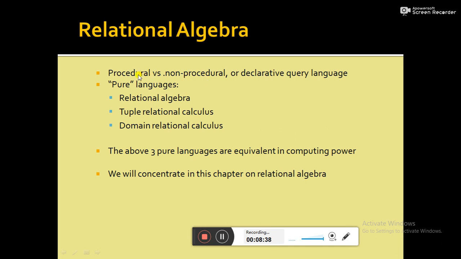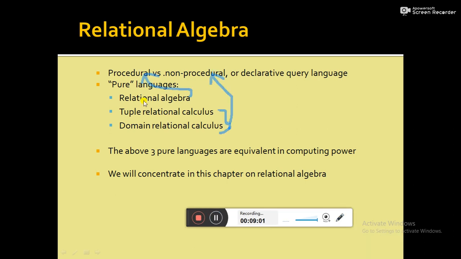Now the example of procedural query language is relational algebra. So relational algebra is a procedural query language, whereas tuple relational calculus and domain relational calculus correspond to the non-procedural or declarative query language.